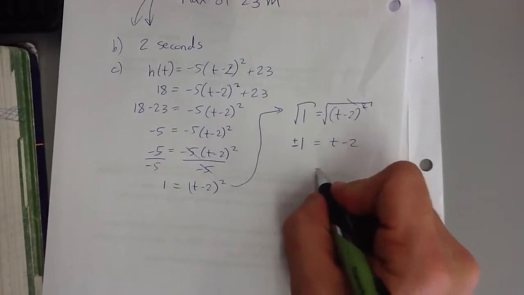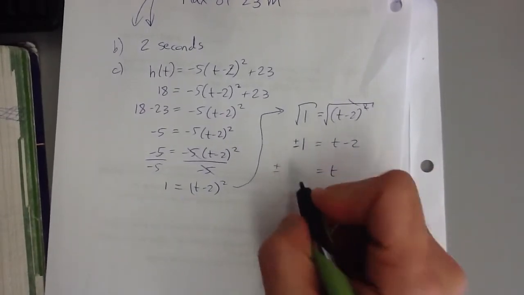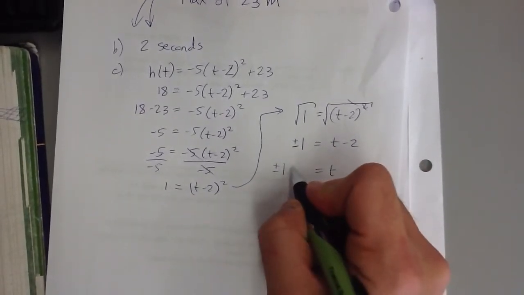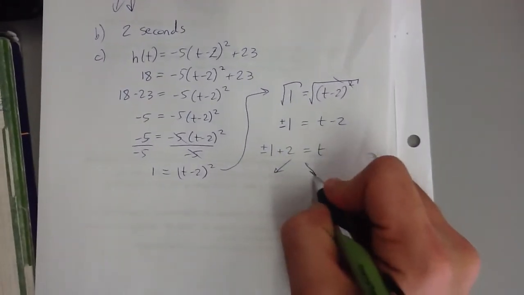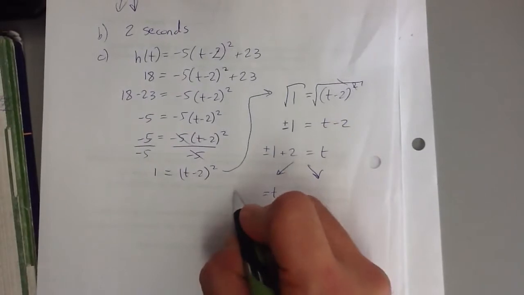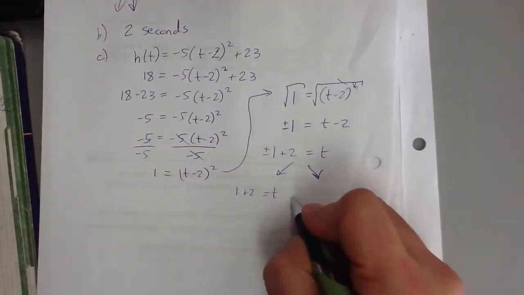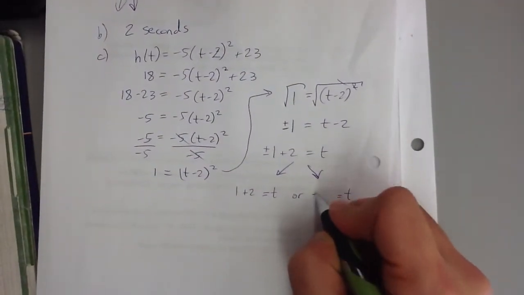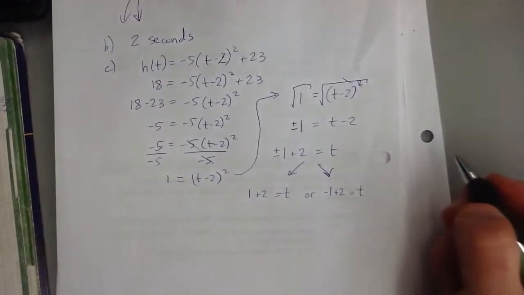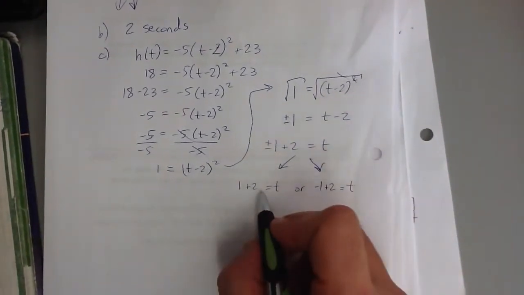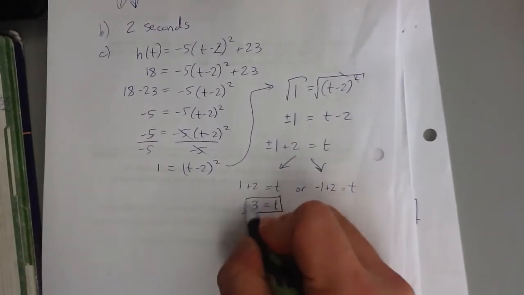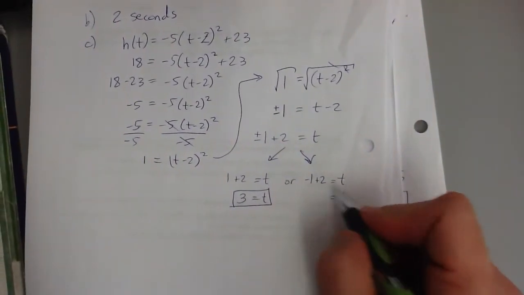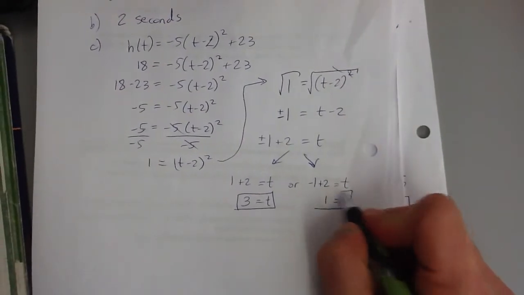So continuing this, t is equal to plus or minus 1, and if I bring this 2 over, it's going to be plus 2. So now I'm going to break this up into two different answers. I have t is equal to positive 1 plus 2, or I have t is equal to negative 1 plus 2. Okay? And if t is positive 1 plus 2, time is 3, or time is negative 1 plus 2, that is 1. So there are actually two